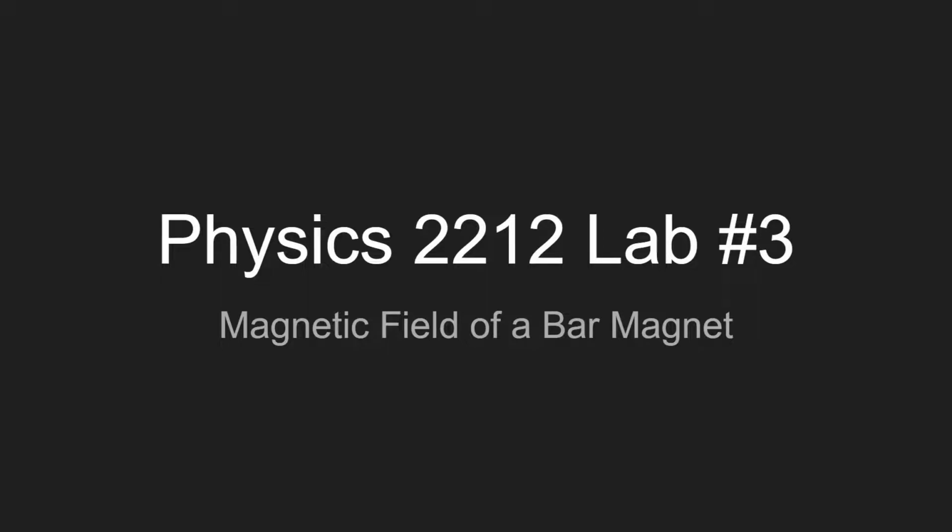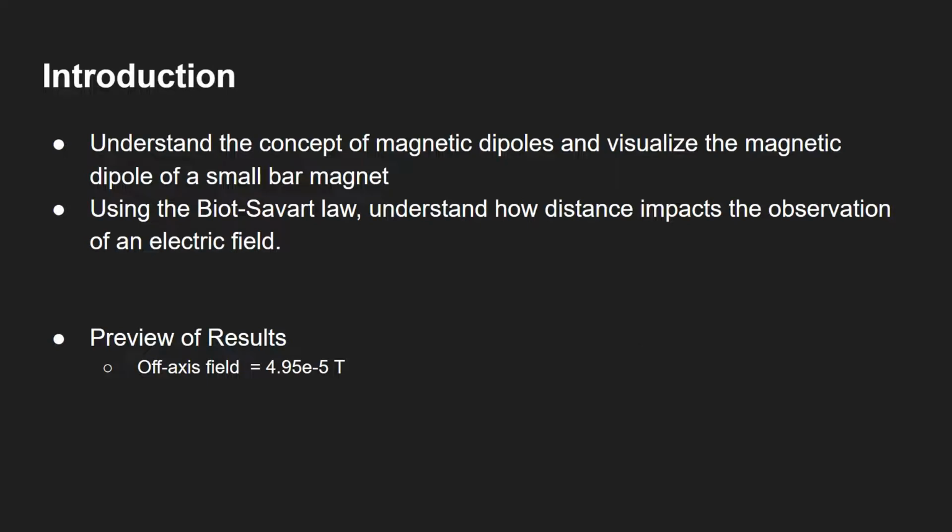This is Physics 2212, Lab 3, going over the magnetic field of a bar magnet. In this lab, we will be understanding the concept of magnetic dipoles and visualizing the magnetic dipole of a small bar magnet. And then we will be using the Biot-Savart law to understand how distance will impact the observation of an electric field. And to preview results, we get the off-axis field to be about 4.75 times 10 to the